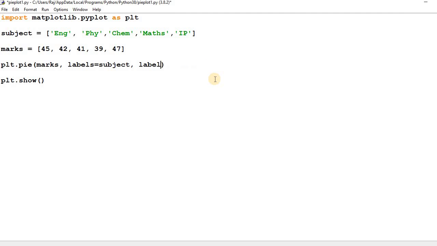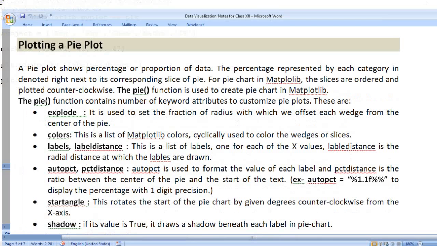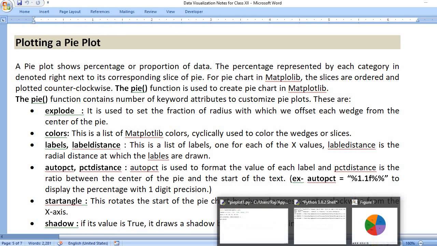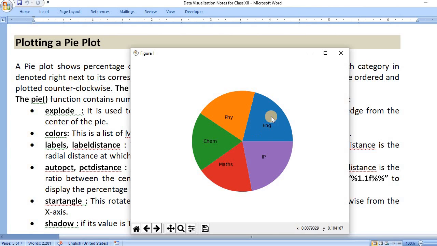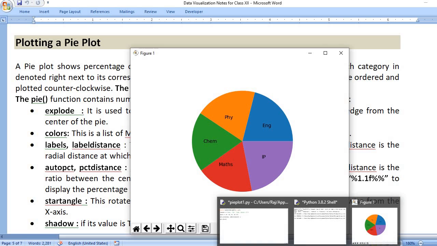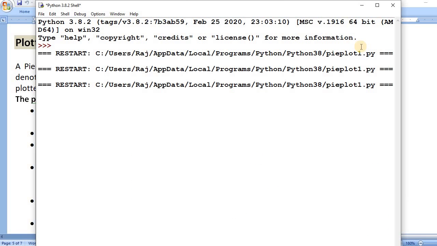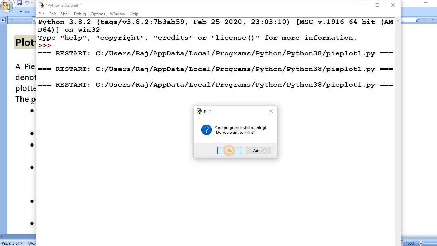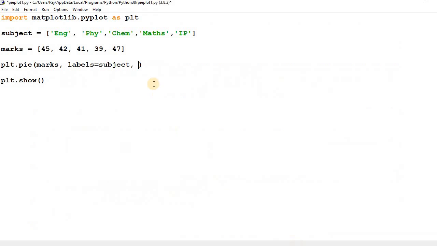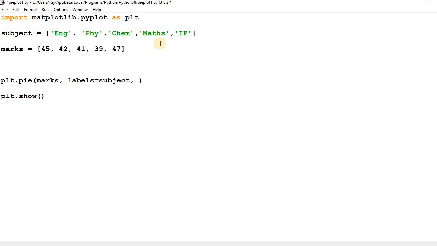Okay, now the next is colors. By default these colors are automatically set by matplotlib. If you want to set a different color for different subjects, we can customize our colors and use our own colors. Just create another list of colors, clrs.